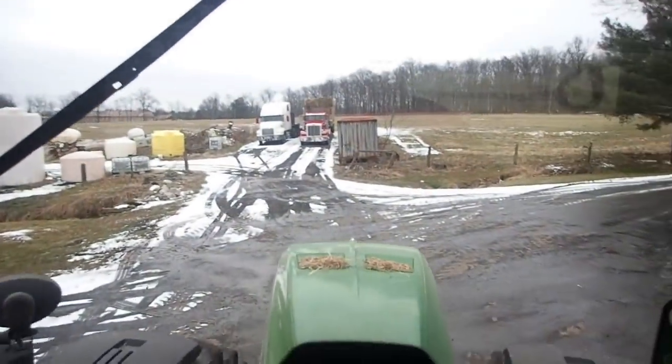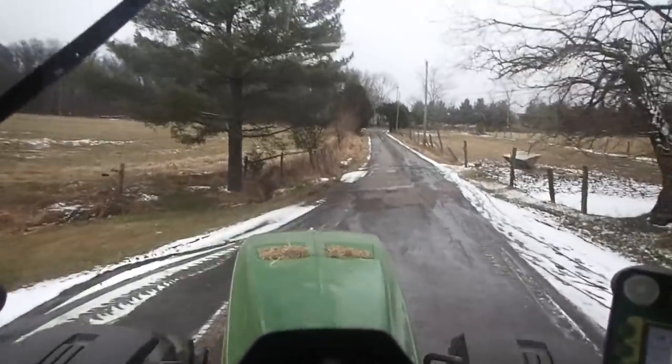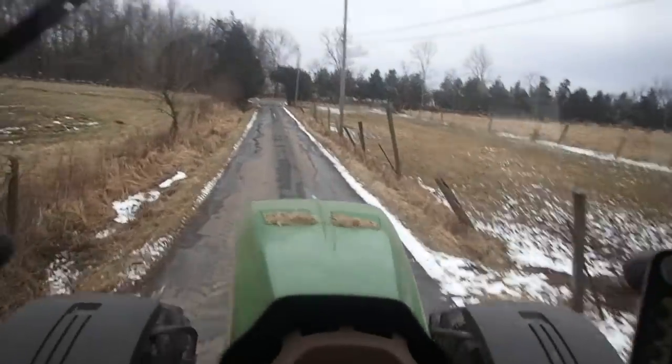Ladies and gentlemen, I'm on my way. We got a snowstorm coming today. There's a little bit of snow on the ground now, which is okay. I have to really concentrate on getting as much of this material through this baler as